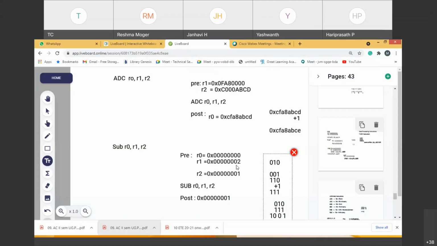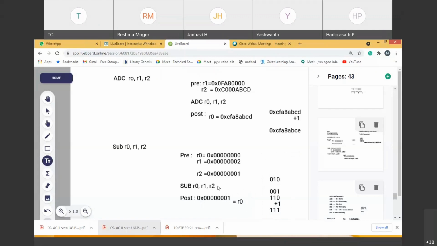It means that from 2 I wanted to subtract 1. The 2's complement of 1 is 111. That I will add to 010. Why add? 2's complement addition is nothing but subtraction. When you add, you will get a number like this: 1001. 001 is my answer, carry is 1. In 2's complement, if carry 1 comes, it is treated as the correct answer, and 001 is the exact result that is stored in your R0. So R0 is stored with this content.